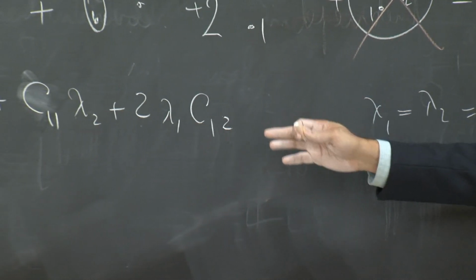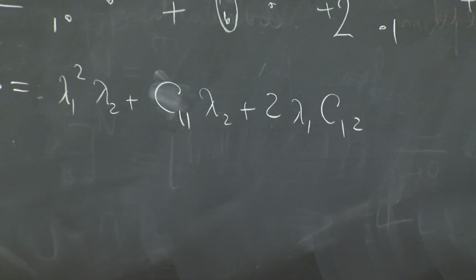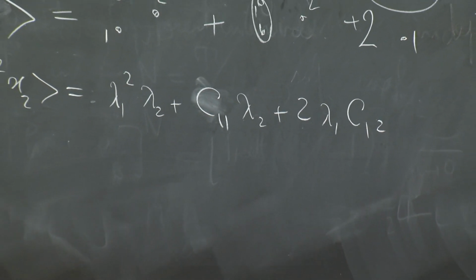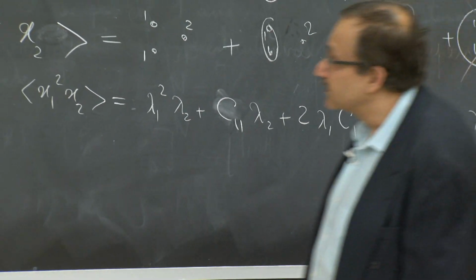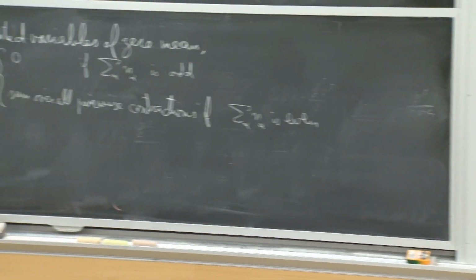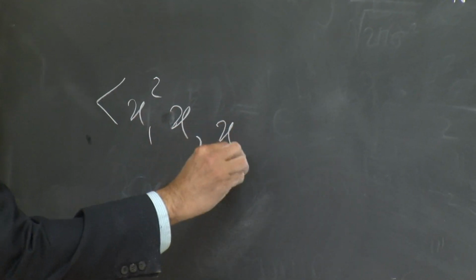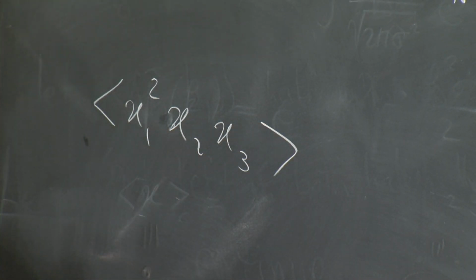Because of the symmetry, it has to be 0, but you explicitly see that every term that I have will be multiplying some power of lambda. Whereas if rather than this, I was looking at something like x1 squared x2 x3, where the net power is even,